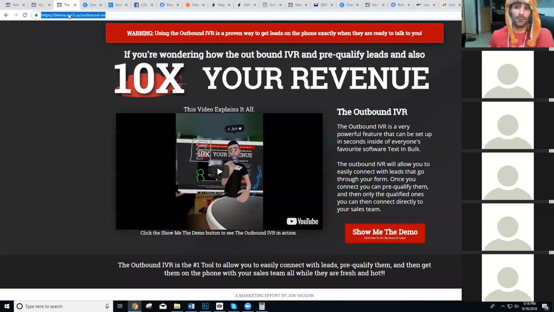You could just be like, okay, check this out right here. This is how a sales bridge works. This is how an outbound IVR works. This is how a personalized landing page would work. This is how a follow-up sequence whenever somebody's on your website would work. I've got to go ahead and build those pretty demos so that you guys can have more sales tools, because to be quite frank and honest, it seems like if I don't create them, nobody else is going to, and nobody's going to do anything until I actually go and do it. So I don't mind. I'll just work 24 hours a day and do it,